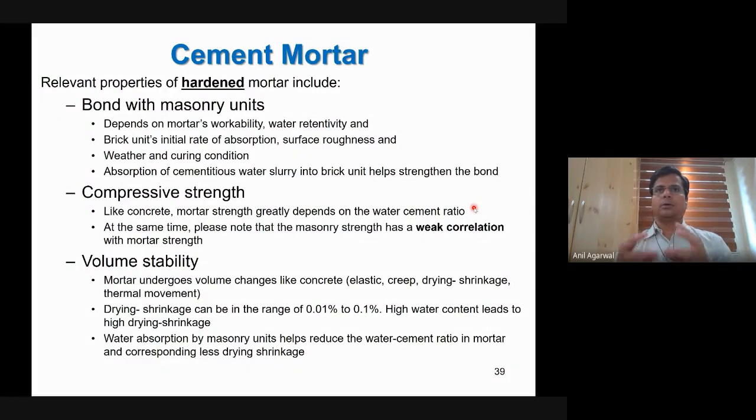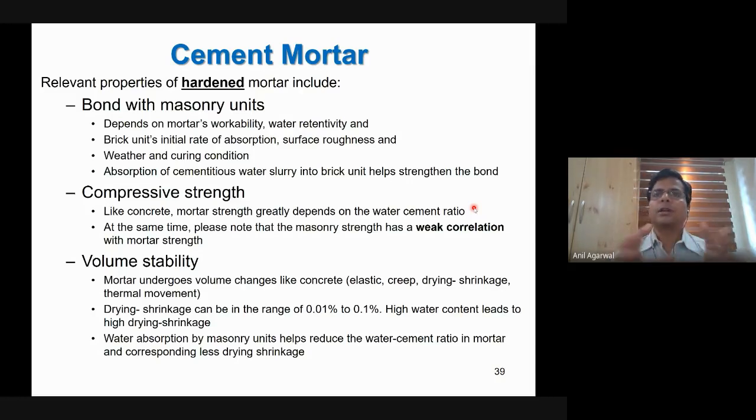Now for that process, you add water from outside. If it's a small component, after casting you can dip it in water. That's what we had done. But if it's a big component, or in the initial few hours after placing the mortar, you cannot dip it in water, so you spray water, or you cover it with a wet jute bag and then spray water from the top, so that there is enough moisture inside and the hydration process is not affected.